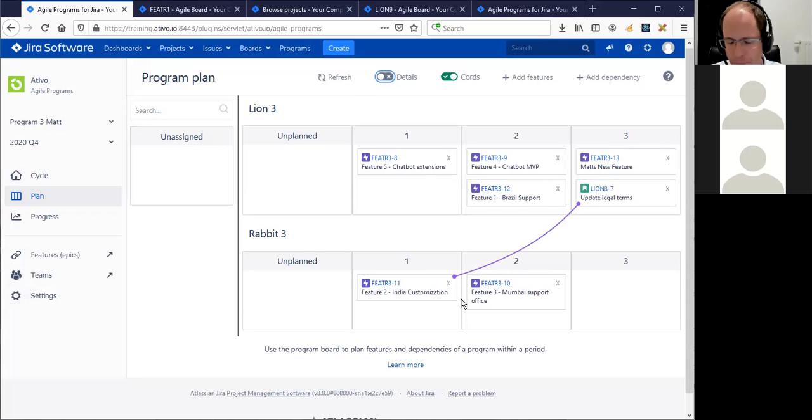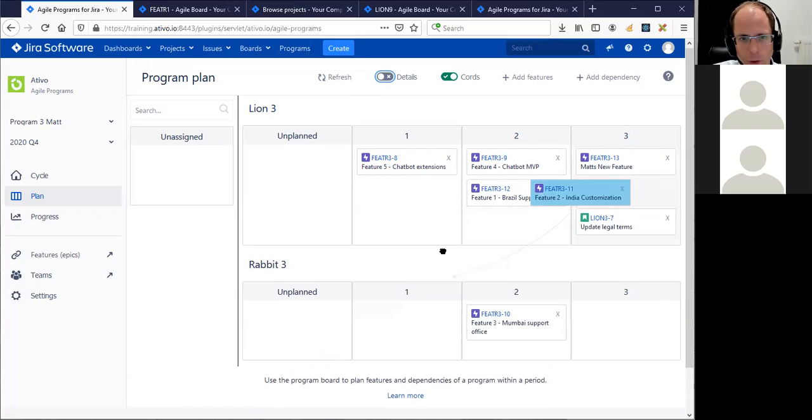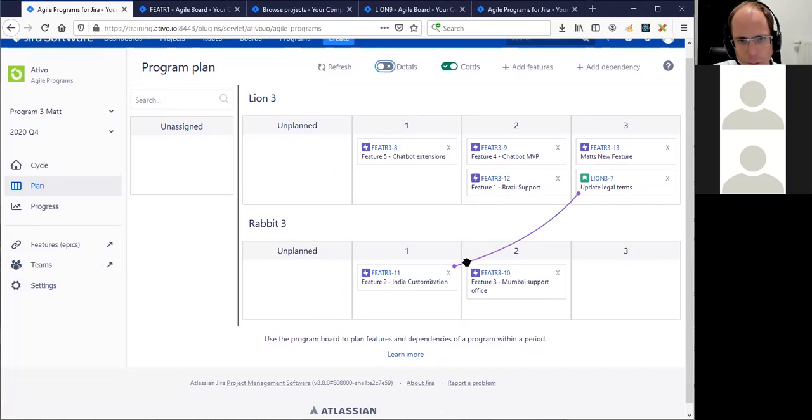Yeah, great. So here you see the dependency that's automatically detected. What we can do is drag and drop dependencies in sprints. Of course, we can drag and drop the feature as well, because what we see here is that there's a story that has a dependency with a feature, but the story is planned in sprint 3 and the feature in sprint 1, which will obviously never work, because the feature will never be ready if the story